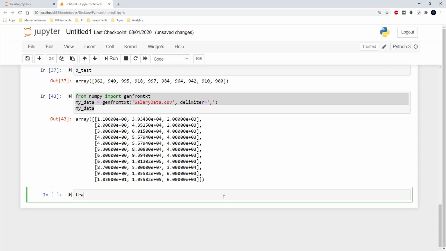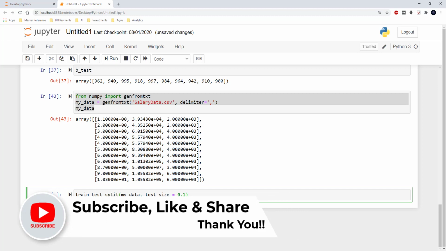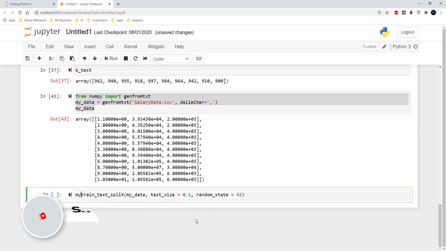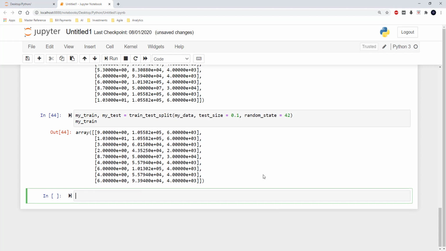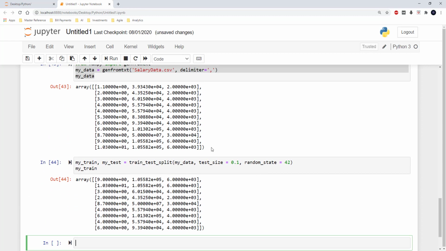Now I am using train test split on my data, and here I am going to give the test size as 10% of the data, and I am going to give the random state equal to 42, and I am assigning the values to my train comma my test, and then I am going to display the training dataset. So now you can see that the training dataset is displayed.